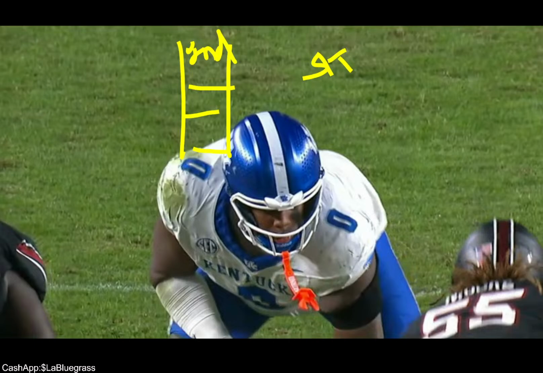You are on the hook for him until he graduates. So, you make a portal addition and it doesn't pan out, you have no exit strategy because it doesn't exist. He's yours and you have to eat it. And I think for us, sometimes some of these portal guys are a little questionable probably.